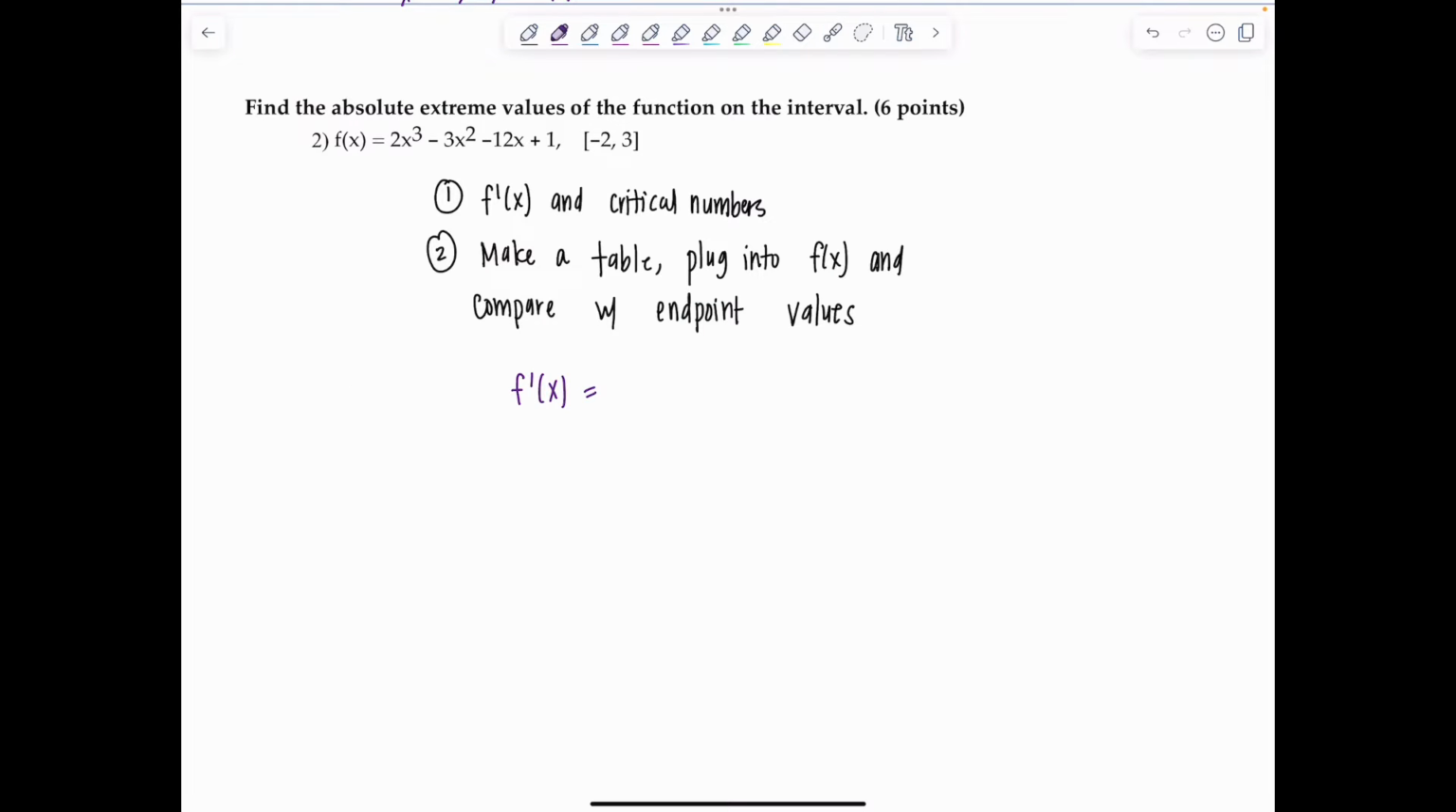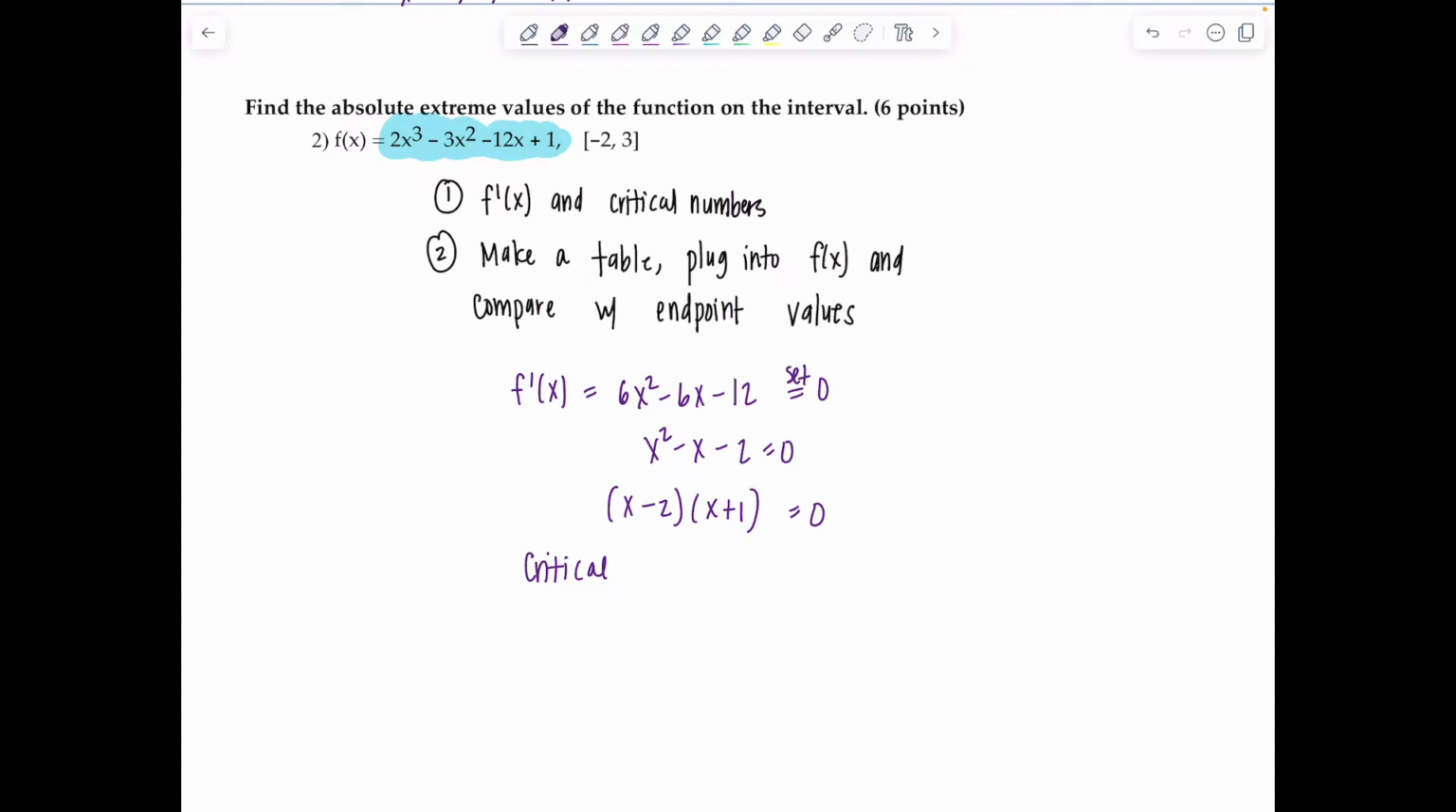So f prime of x, derivative here, it's just a polynomial. This should be so nice and relaxing. It'll be 6x squared minus 6x minus 12. There's no denominator, so my critical values are only going to come from where this derivative is equal to 0. Let me set this guy equal to 0. I can divide everyone by 6, can't I? So I have x squared minus x minus 2 is 0. And then this factors into x minus 2 and x plus 1. So my critical numbers or critical values, whatever your book calls it, are x equals 2